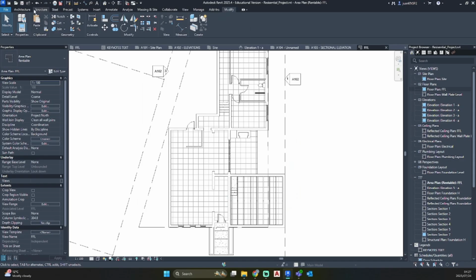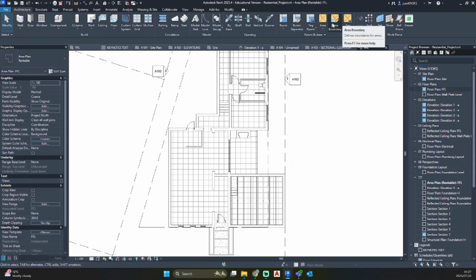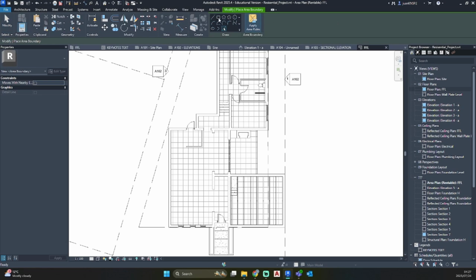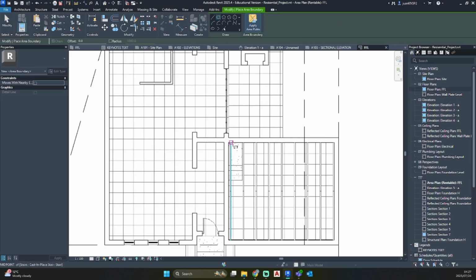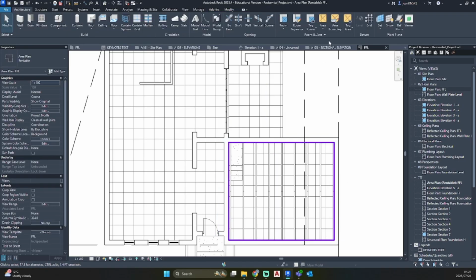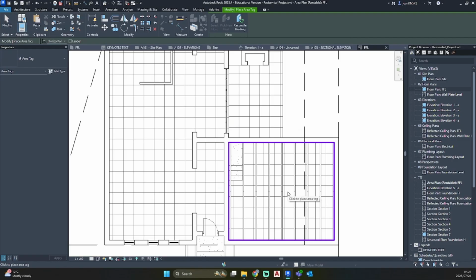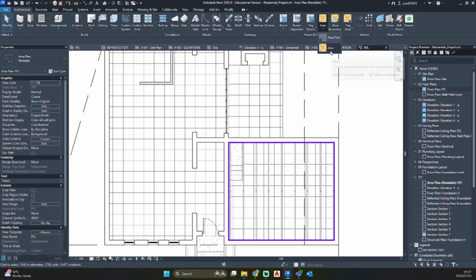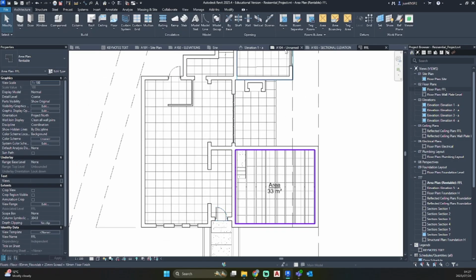And I'm going to go Architecture, Area, Boundary. I'm going to use my rectangle tool for my garage. And I'm just going to drag it in like that. And now we can go tag area. And there's our garage.